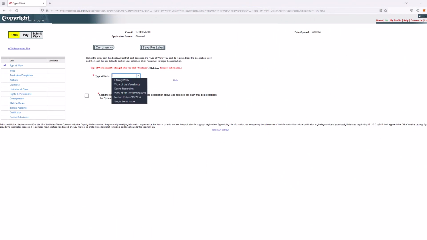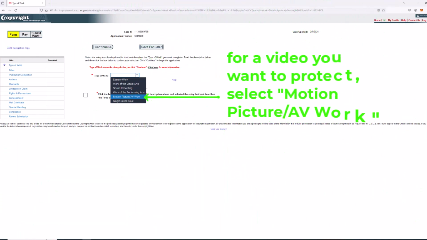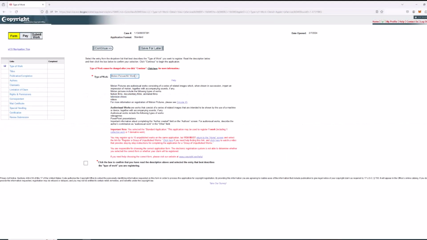So type of work, you hit this drop-down menu box right here, and for our video, we're going to be selecting this one where it says motion picture and/or audiovisual work. Videos are basically audiovisual works, or sometimes they can be motion pictures depending upon the contents of the particular video. But in any event, we're going to be selecting this particular link or button right here for the type of work. So you can see we've selected motion picture audiovisual work, and then that takes us to the next